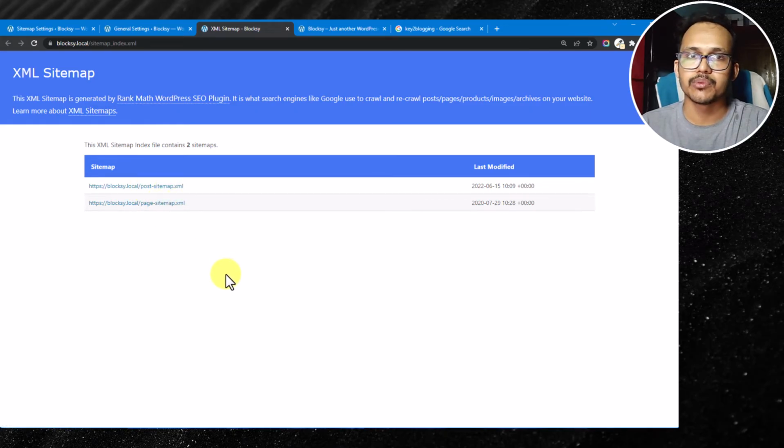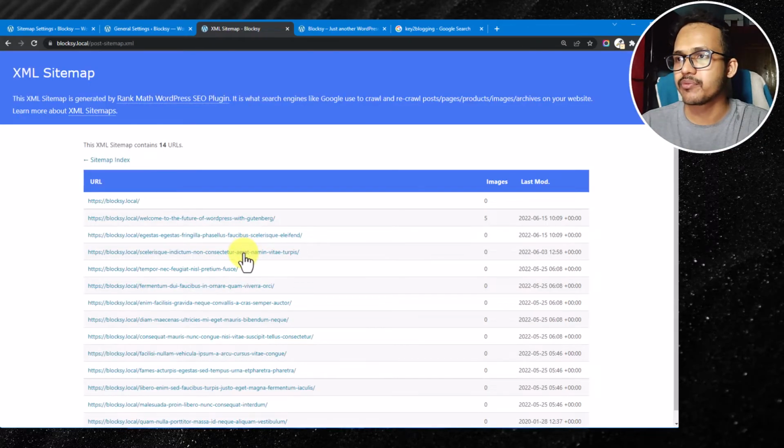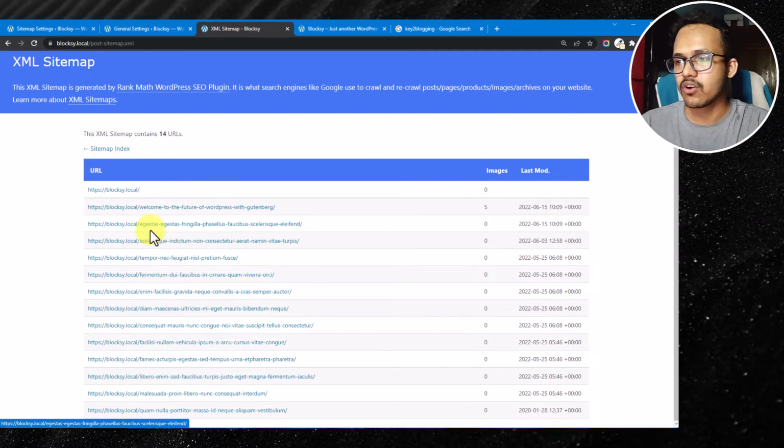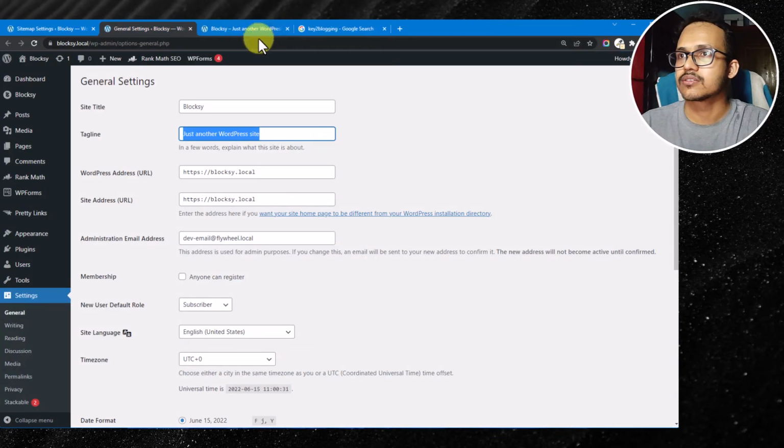So the sitemap will be automatically generated by RankMath, and you can simply copy the sitemap URL and paste it in the Search Console. Let me just open the post sitemap here, and as you can see, it has added all the post URLs, and here we have added the images, and it will show the last modified date of the blog post. So let's close here,